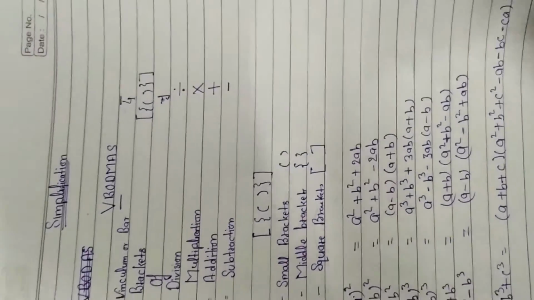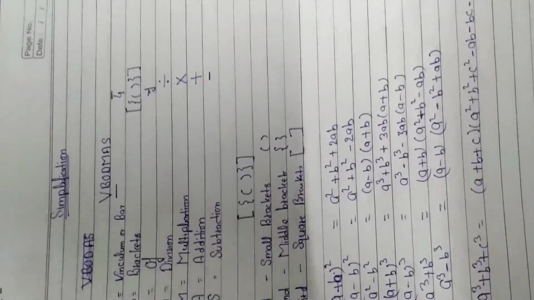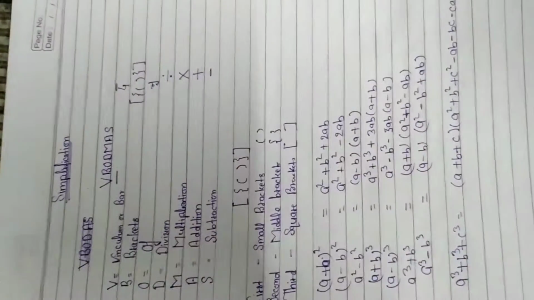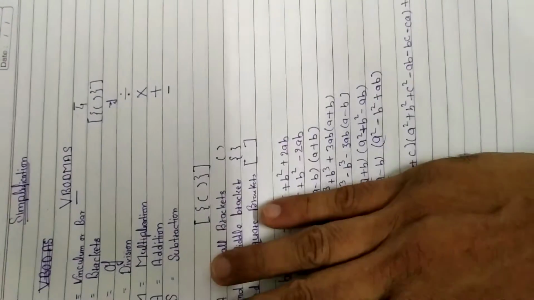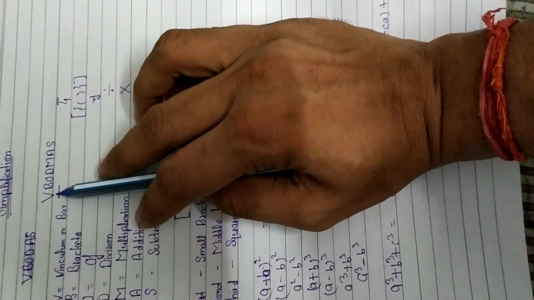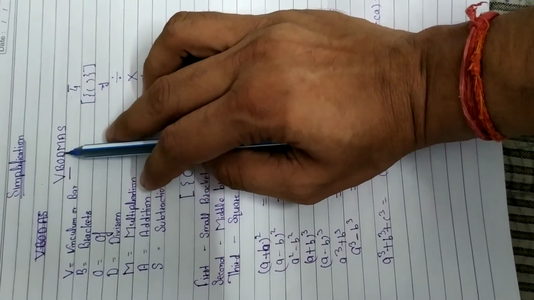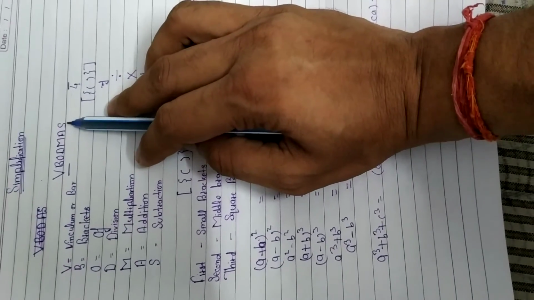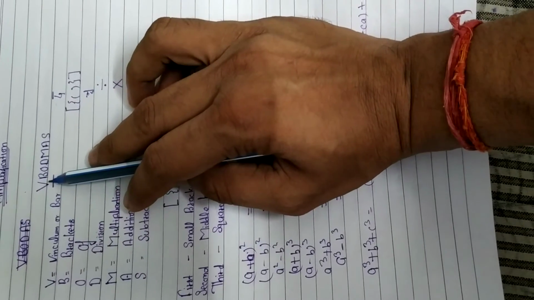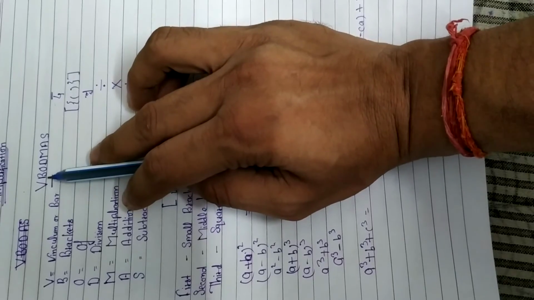And second, I will show you. Just remember this formula and how to calculate simplification. If you find any expression or equation in any examination, we have one trick. First we calculate the vinculum or bar, then bracket, then of, then division, then multiplication, then addition, then subtraction. So this is basically called VBODMAS. VBODMAS is easy to remember.